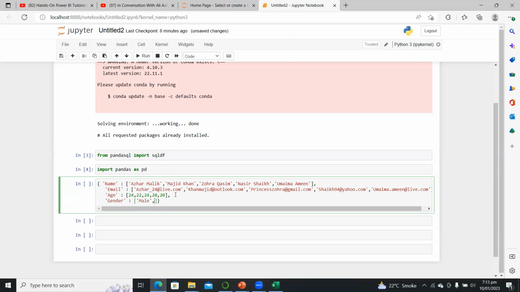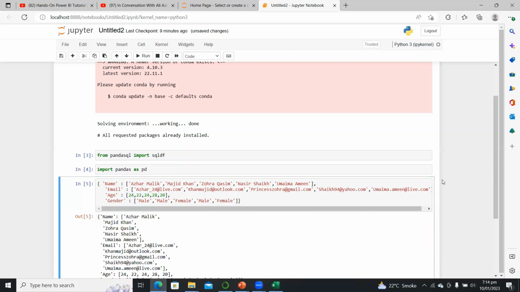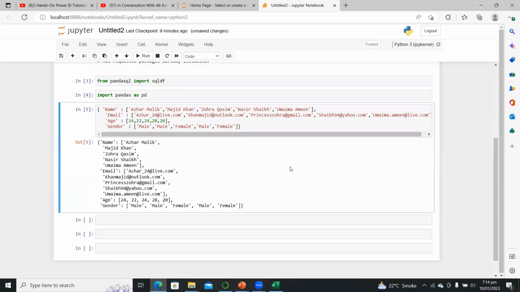The second student is Majid Khan, it's also male. The third student is Zora Qasim, it's female. The fourth student is Nasir Sheikh, it's male. The fifth student is Umaima Amin, it's female. This is our fourth column, and here we have created a dictionary. Let's run this. We are getting our dictionary like this,